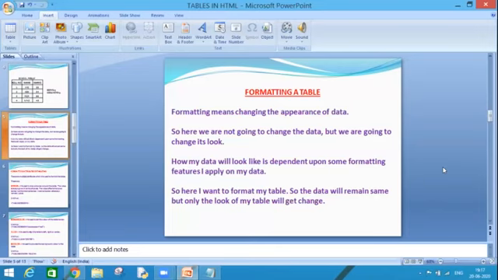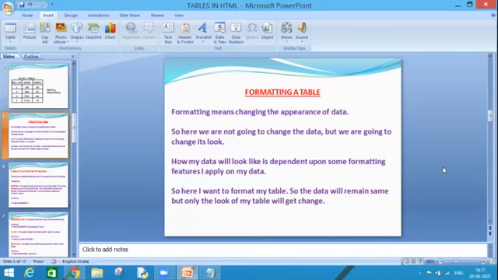How my data will look is totally dependent upon the formatting features I apply on my data to make it beautiful. So here I want to format my table. The data will remain the same, but only the look of my table will change.